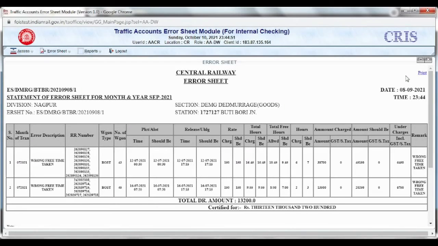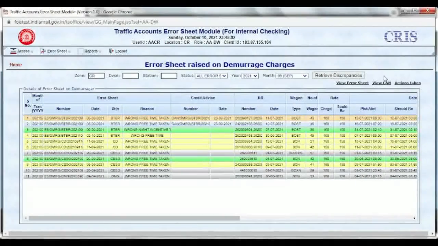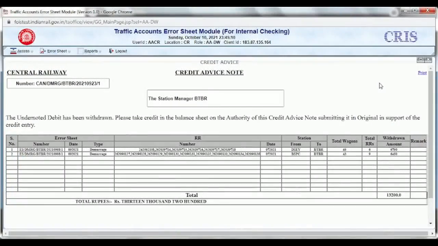You can print this error sheet. For this, print option is given on the extreme right hand side. Second option is view CAN. Just click on that error sheet, then click on view CAN. It will display the CAN issued for that particular error sheet.